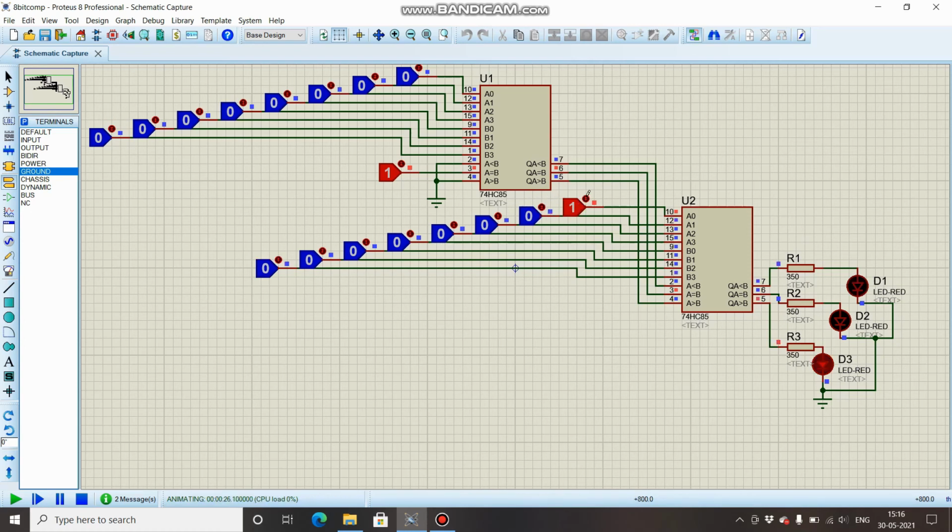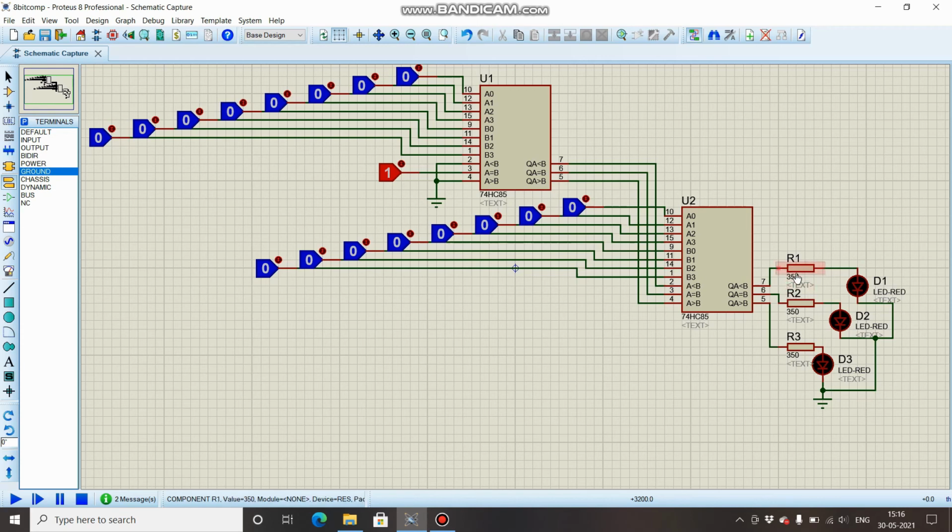Now this was for 8-bit. Suppose you have to make it a 12-bit. You will repeat the same procedure that we have done over here once again. There will be a third stage which will have inputs, and you will connect those inputs to the toggle switches and give high or low depending upon your input. And these outputs will not be connected to a resistor but will be connected to the input cascading pins of the third stage. And this is how you make an n-bit magnitude comparator circuit using 7485.